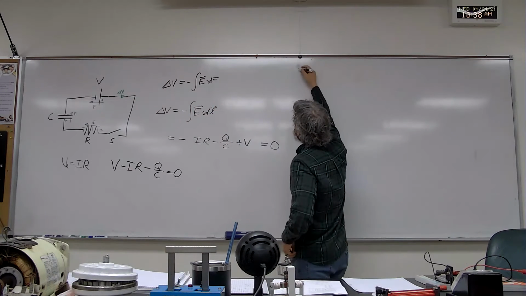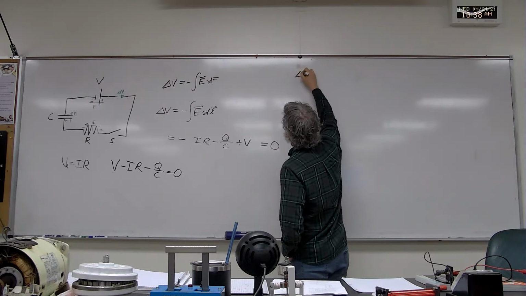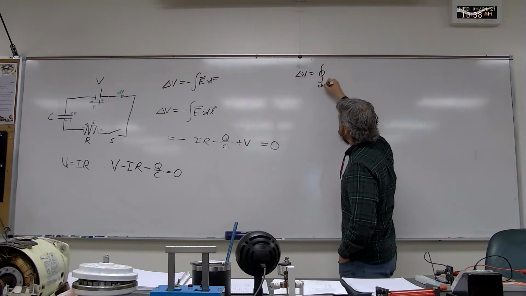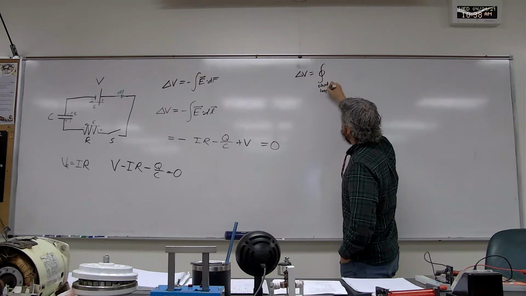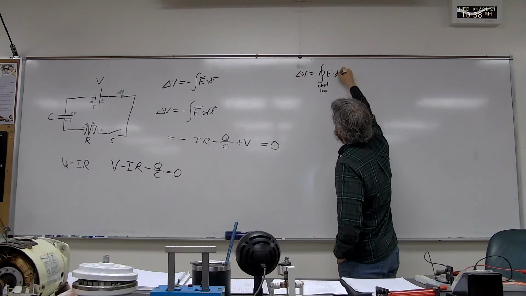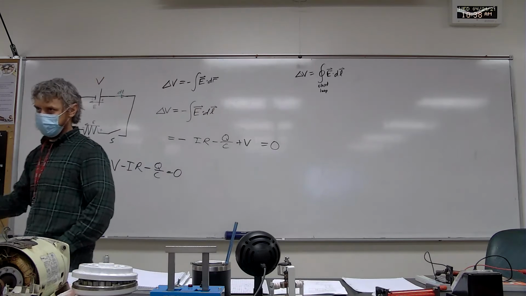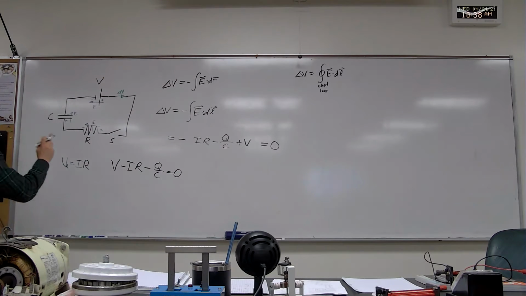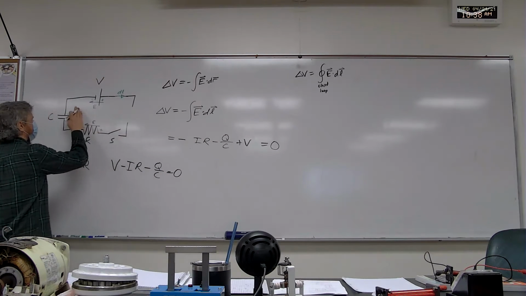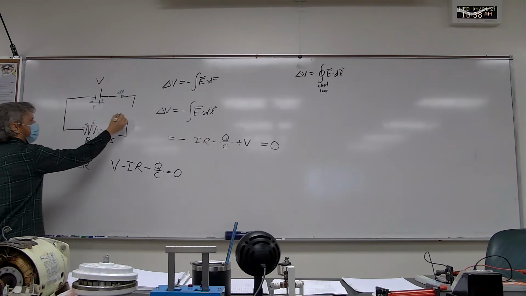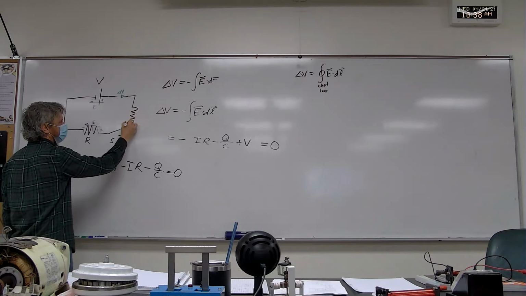And so I'm going to say the sum of all potential differences is going to be the integral over the closed loop of E dot dl as I go around the entire loop. But I'm going to take out the capacitor because I don't want to have capacitors and inductors in the same circuit yet. But if I put an inductor in here,